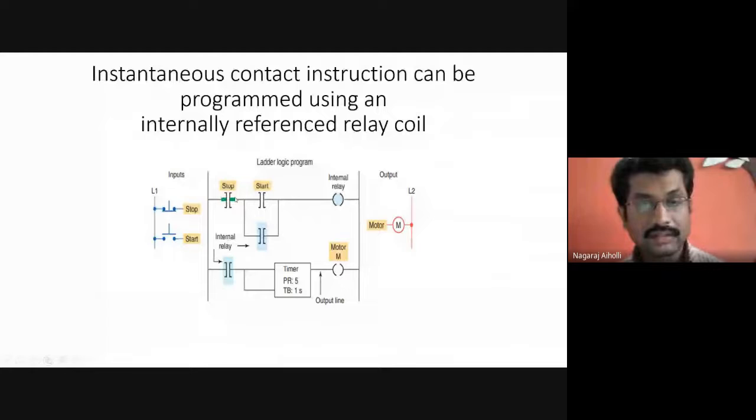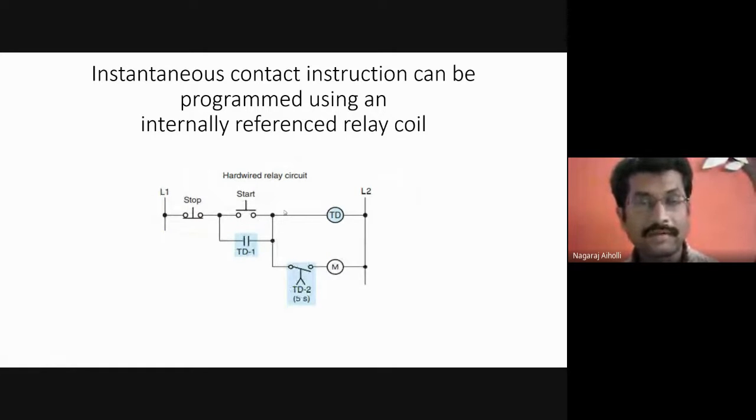This is the normally closed stop switch or stop button. When stop is normally closed, this is examine if closed. Once the start button is closed, it will get activated, and the timer delay coil, the internal relay coil for the timer, will be energized. At the same time, this is the seal-in contact we have in the parallel branch of the start examine if closed instruction. It is the same here: in the parallel branch, we have the seal-in contact parallel to the start switch.